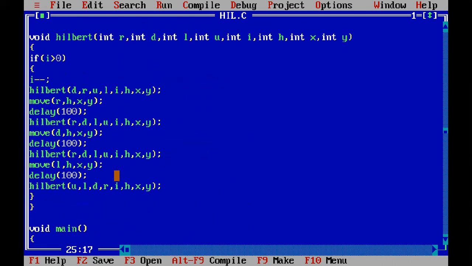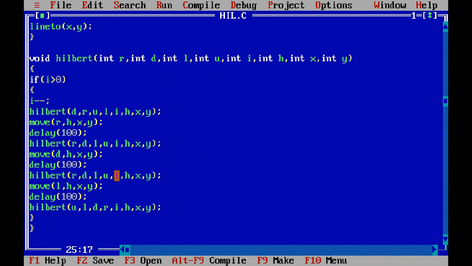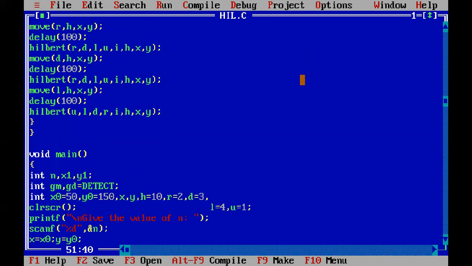R, D, L, U are passed with some values, and XY is the important moving point, the starting point of the Hilbert curve. Here I's value is defined.